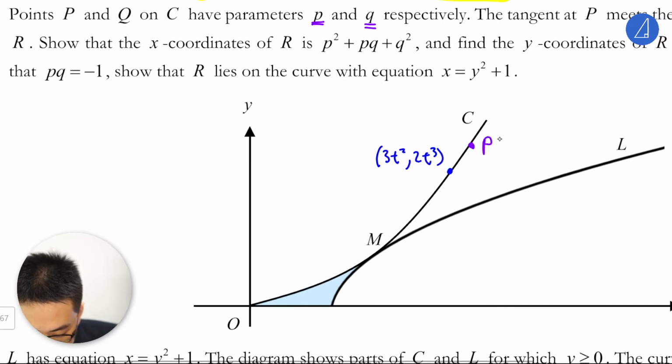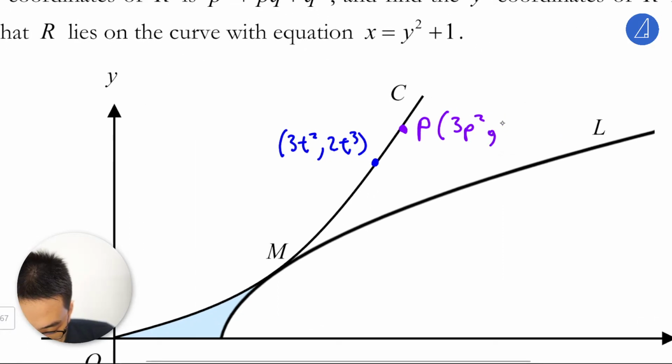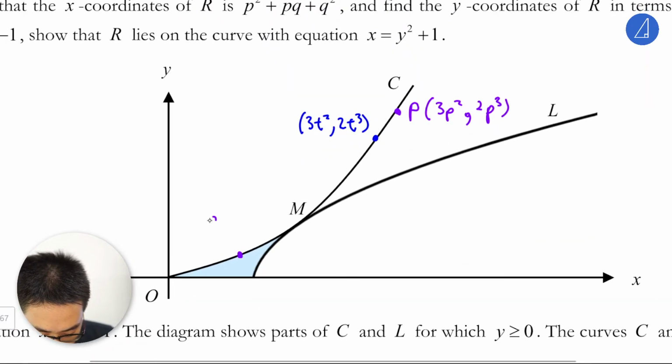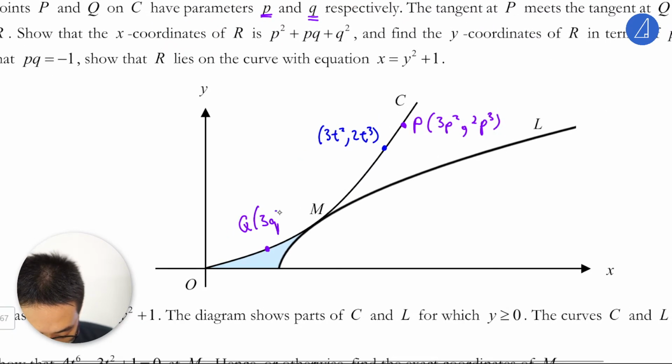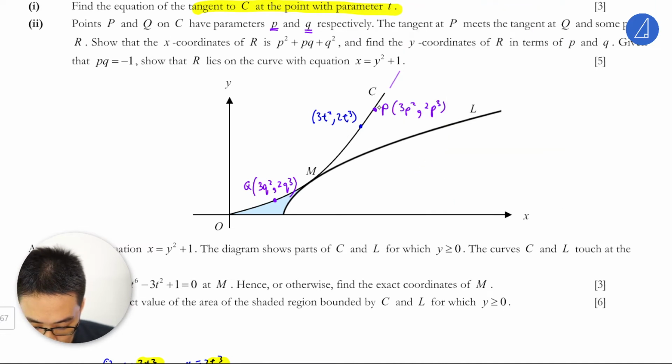This is P, where this is 3P square, 2P cube. Okay, this is 1. This 2P cube. Then you have Q, which is here. Because it has a parameter of Q, so this will be 3Q square, 2Q cube. It's Q, 3Q square, 2Q cube. Okay, so once you're done already, it says that the tangents here, so just draw tangents